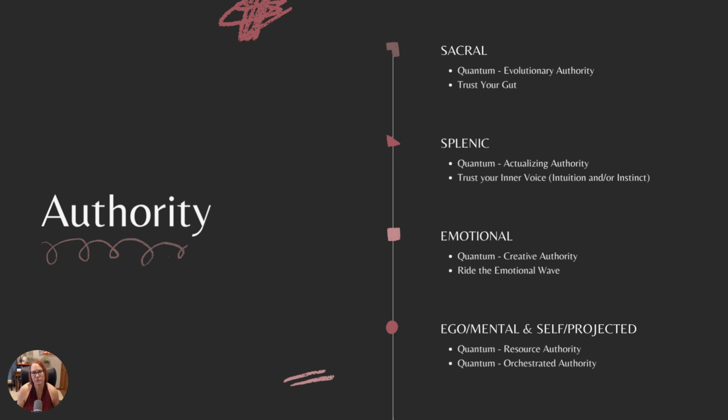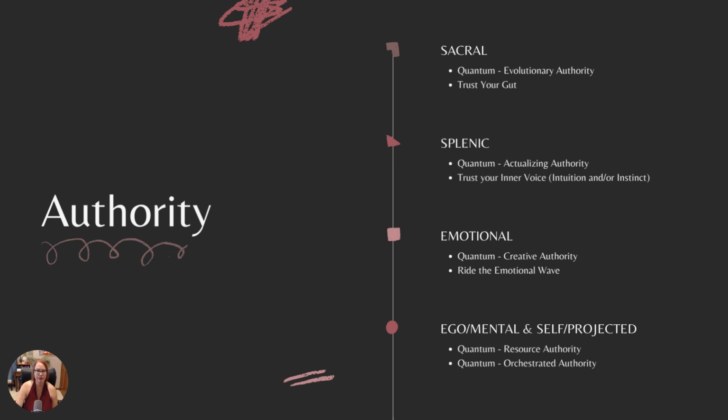Finally, we have ego, mental, self projected. These ones kind of go together. So you just have a tendency to get more in your thoughts, in your brain, on these two specific ones. So just keep in mind that if you're a mental or ego authority, that has to do with the will center. And if you're a self or projected, that has to do with orchestrated or projector authority, which really means you're looking into yourself to trust yourself, which again, take time, think it out, don't rush.